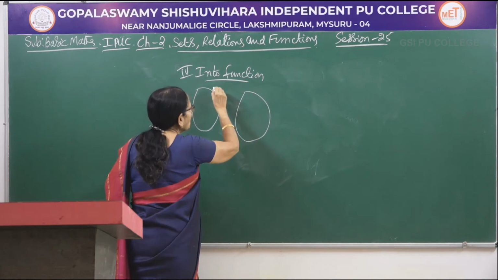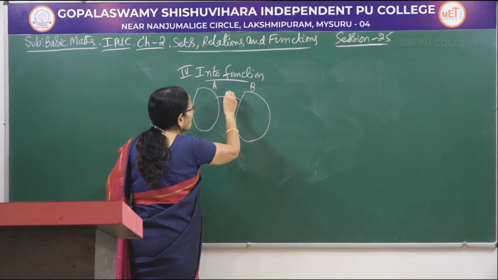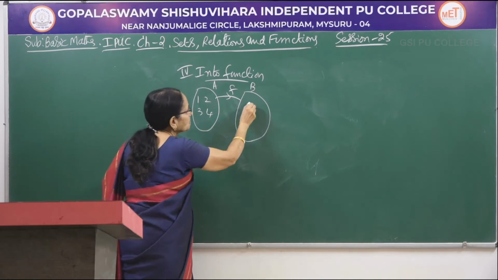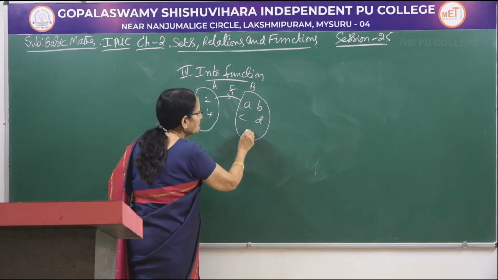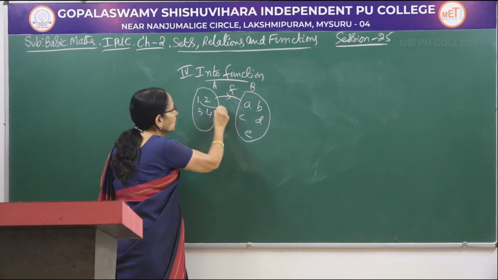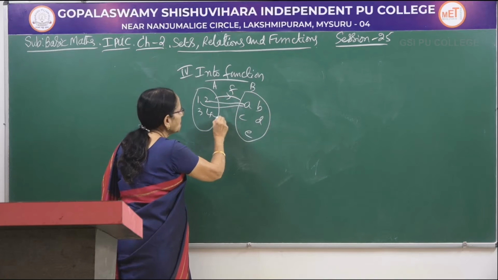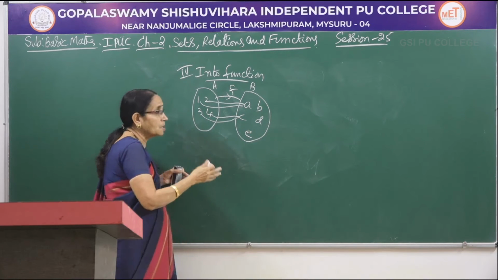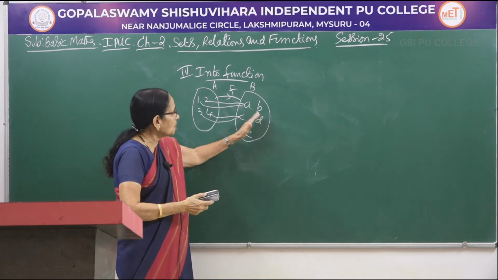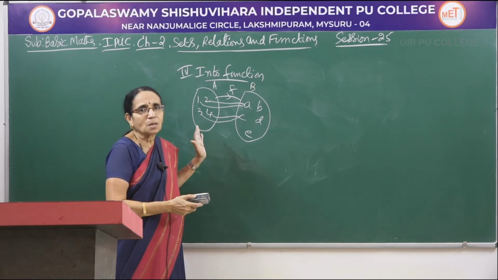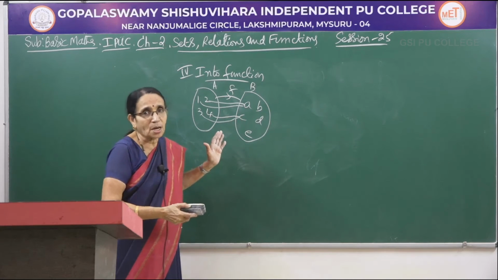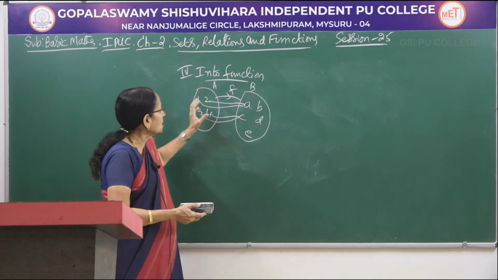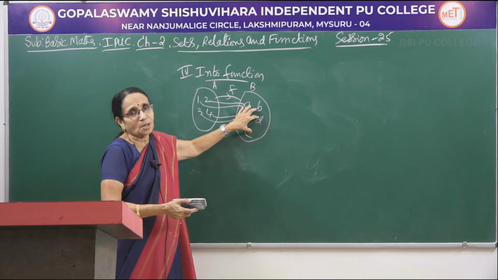Let me show that with the help of a diagram. Now here this is the function: 1, 2, 3, 4, and A, B, C, D, E. Look here, 1 and 2, like this we take 3 and 4. You observe B, D, E. There are 3 elements here which do not have the pre-image. What do I mean by that? They have not been associated with any element of the domain. So this we call into, meaning this set has been put into this one.